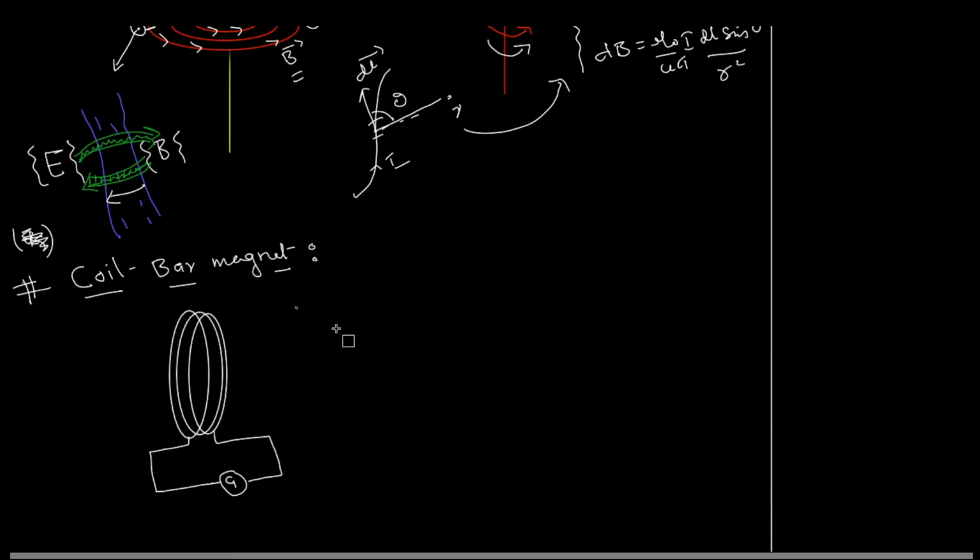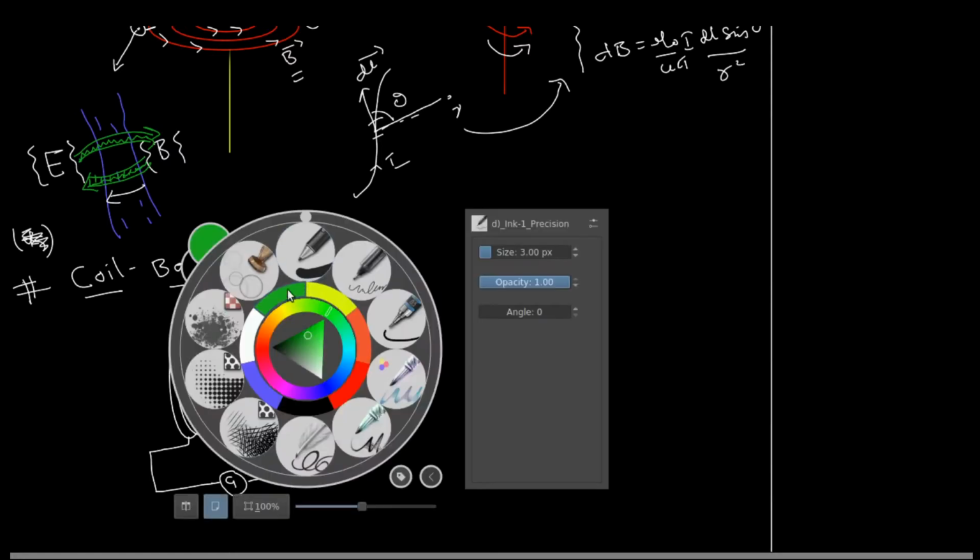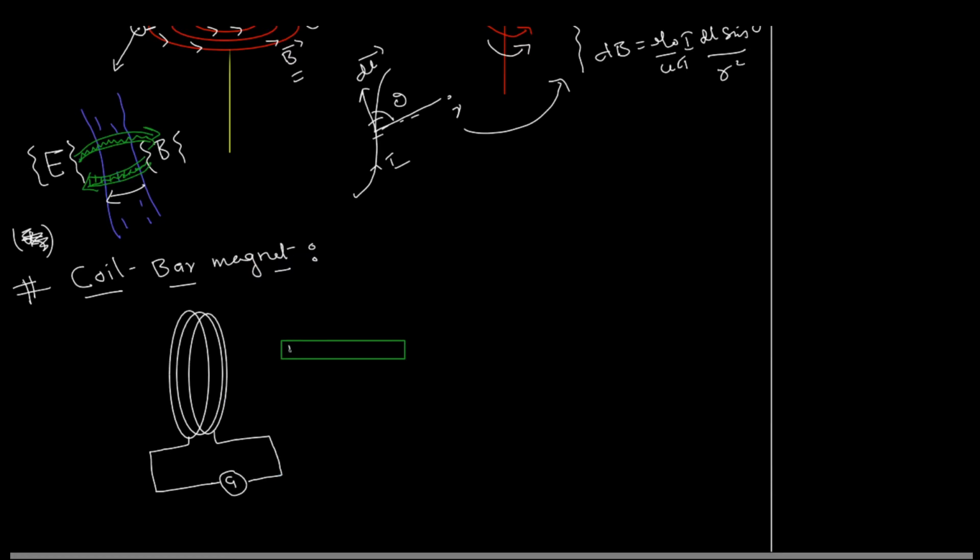Also, what we have is a bar magnet. It's a coil and bar magnet experiment, right? So obviously we have to have a bar magnet. Let's say this is that bar magnet, and this end is the north pole and this end is the south pole of the bar magnet. And what you're going to do now is move this bar magnet in this direction. This is just the direction in which I'll be moving the bar magnet.